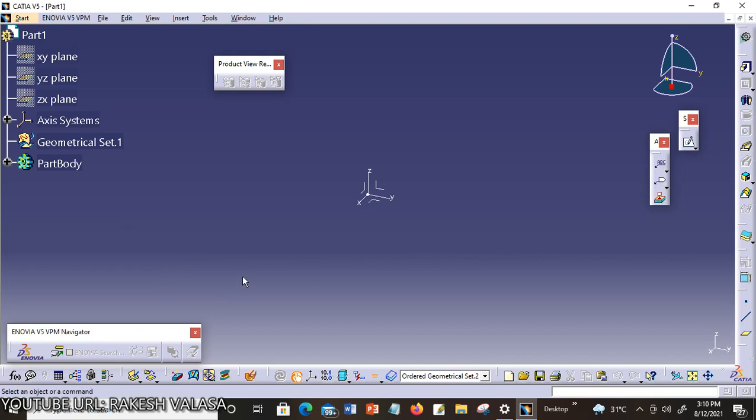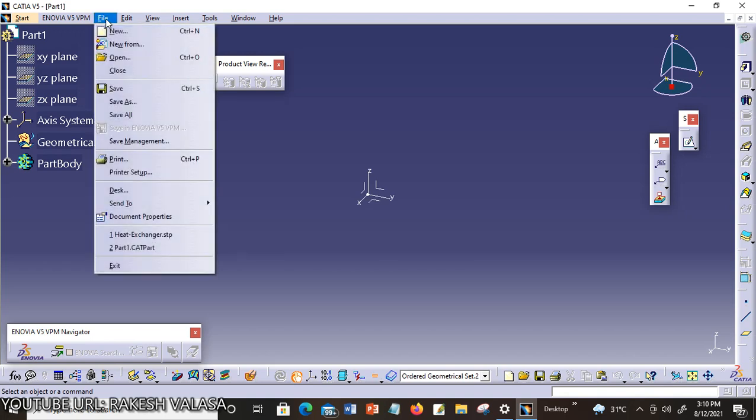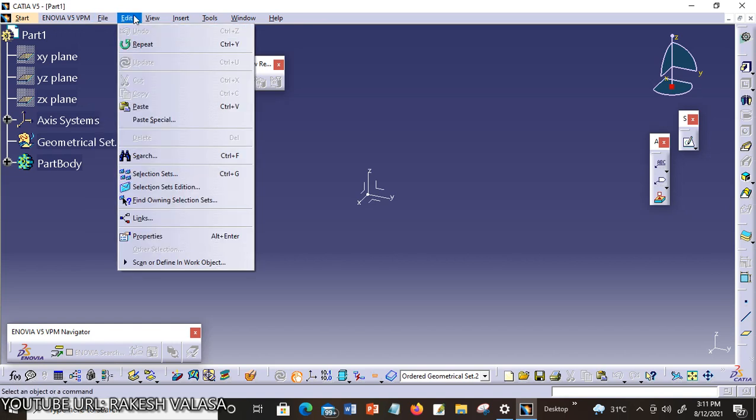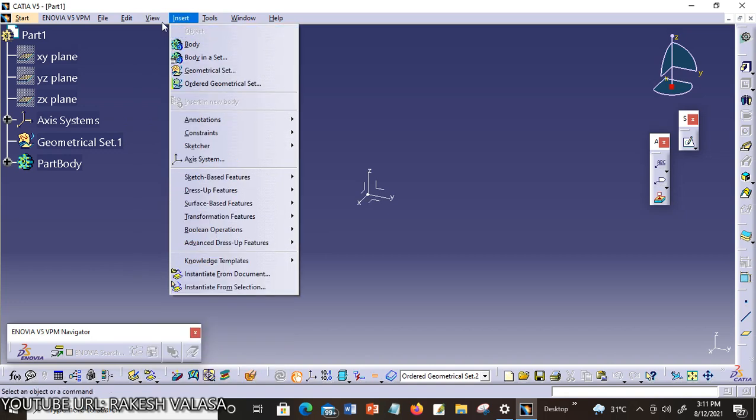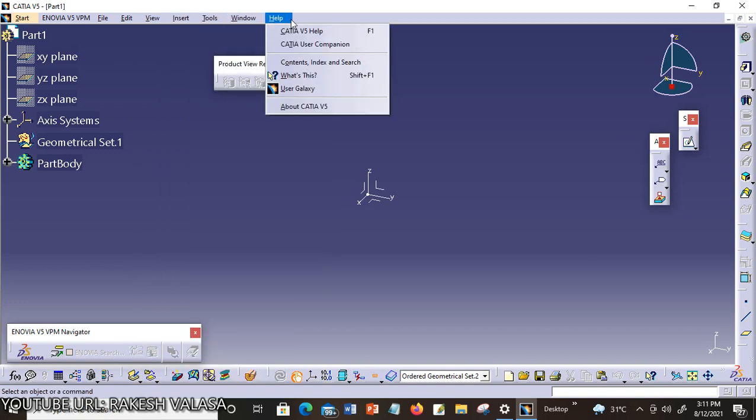Now, let us briefly discuss various parts of the CATIA user interface. First one is the menu bar. A menu bar is a collection of menus, each of which contains a set of options, like file, having new, open, close, etc. Similarly, edit, cut, copy, paste, view, insert, tools, window, help.